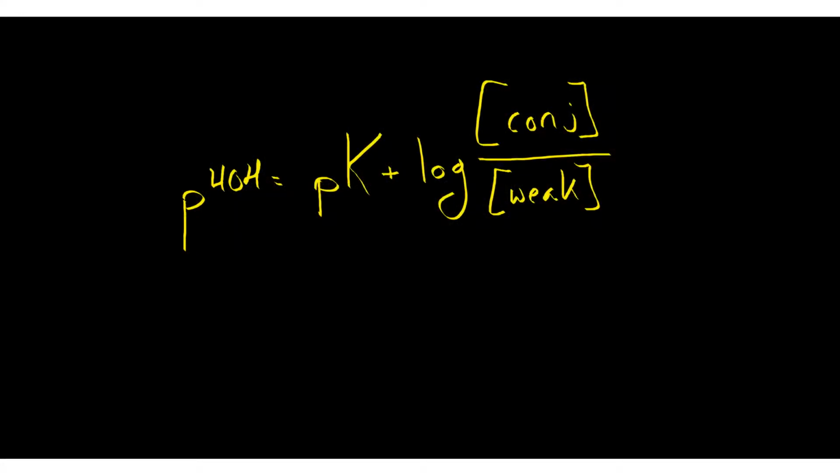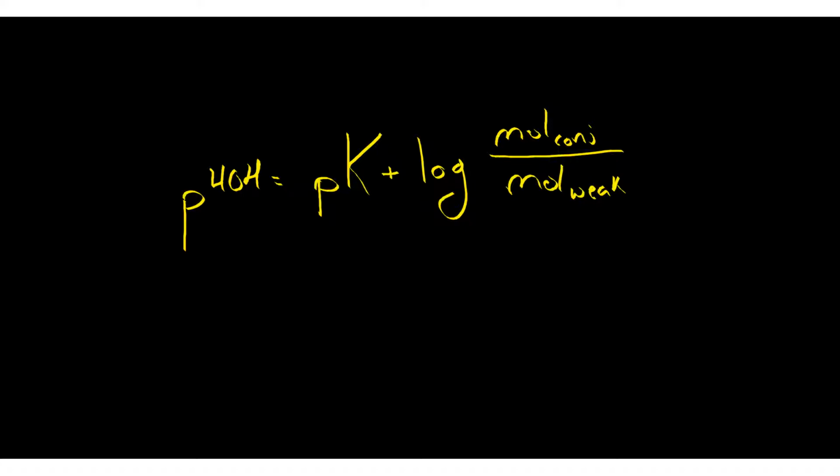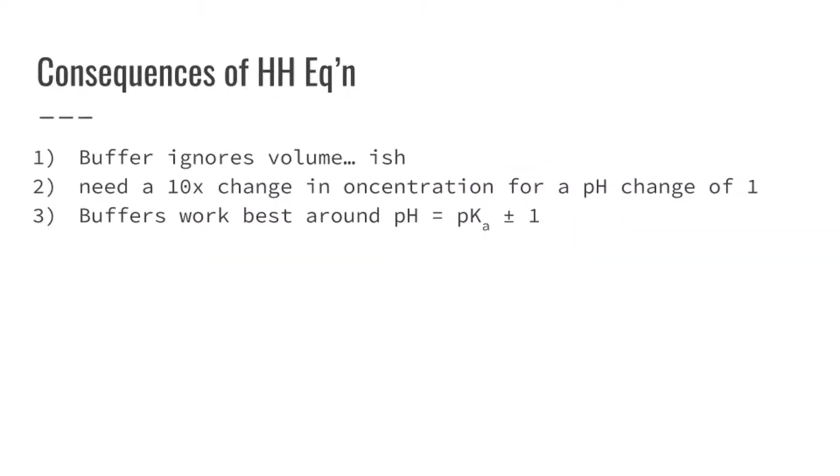Pay attention to the term over on the right, the log of the conjugate over the weak thing. Those are both in the same solution. So the concentration, moles over liters, is in the same volume for each of them. Moles over volume divided by different moles over same volume. The volume disappears. All that comes out of that is the moles of the conjugate and the weak thing. So, the pH of a buffer is going to stay constant as you dilute it, which is very